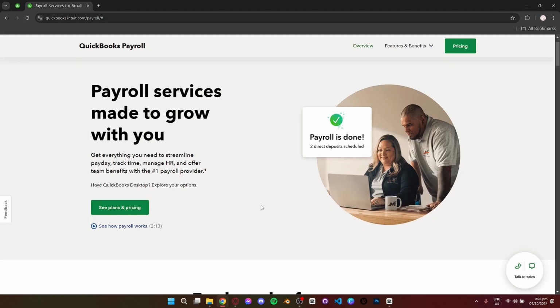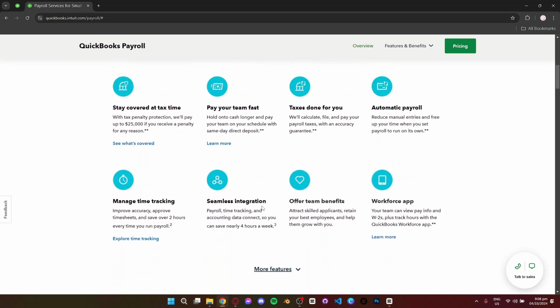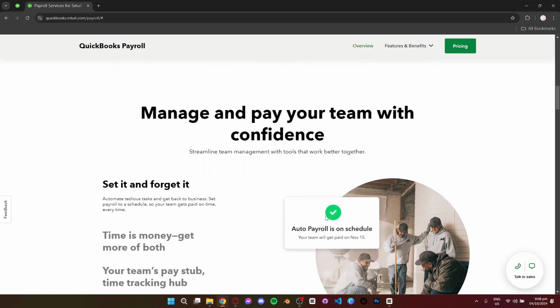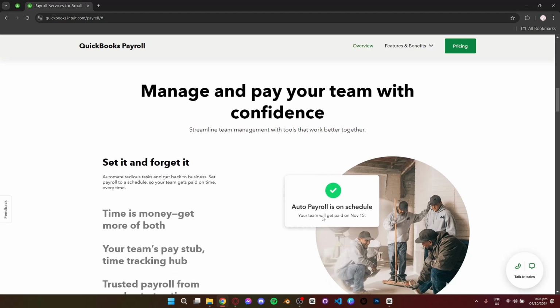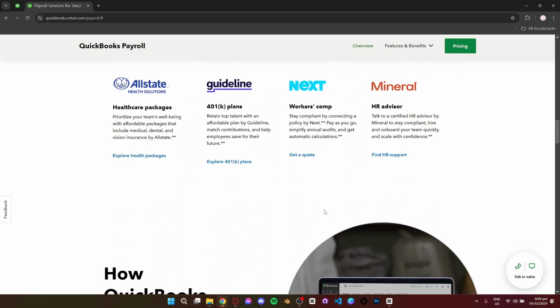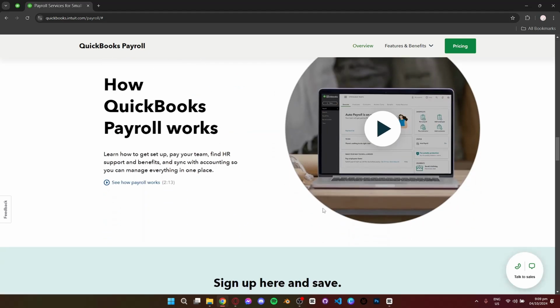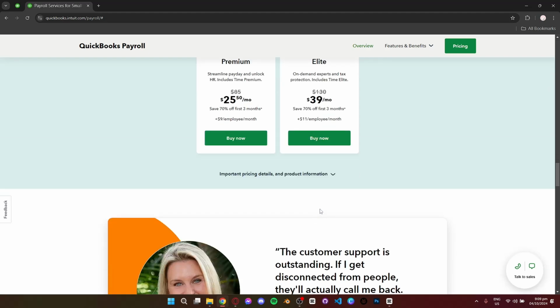Let's get started. QuickBooks Payroll is known for its seamless integration with QuickBooks Accounting, making it ideal for businesses already using their software. The setup is straightforward. The platform offers features like automated payroll, tax filings, direct deposit, and benefits management. You can run payroll in just a few clicks, and it automatically calculates taxes for you, which is a huge